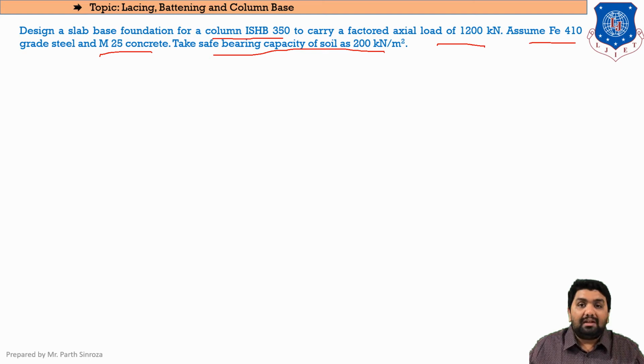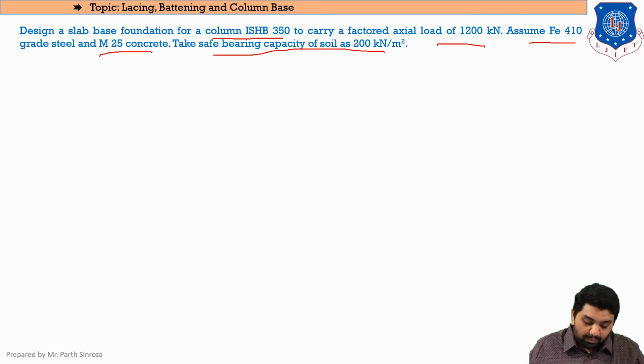Now you must be thinking that we are in the steel portion, then how come the grade of concrete is mentioned? Clear? So now keep in mind, we are discussing the slab base, or you can say the foundation of the column. Whether the column is of steel section, the base, that is the foundation, must compulsorily be provided of concrete. Clear? So concrete is a must if it is regarding the soil interaction process. Steel won't act as a soil interacting material, so it is mandatory to provide concrete in the base of the structure.